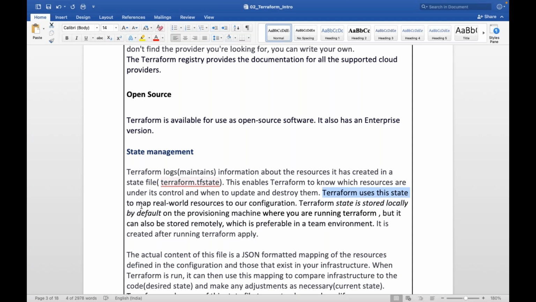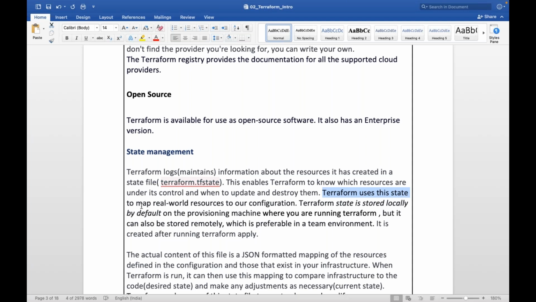If it is already created by Terraform, it is part of the state file. Can we consider the state file as the current state? Yes, the state file is like the current state of your actual resources. So Terraform maintains the state of the resources managed by Terraform in the state file.